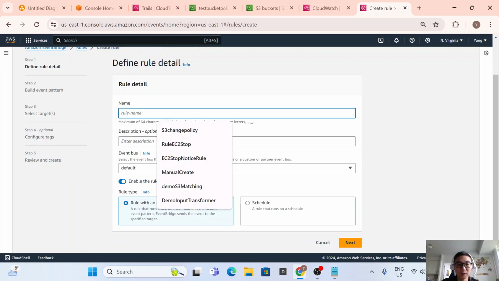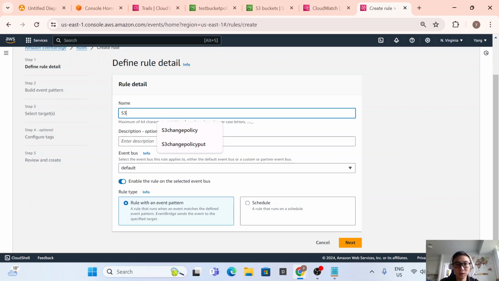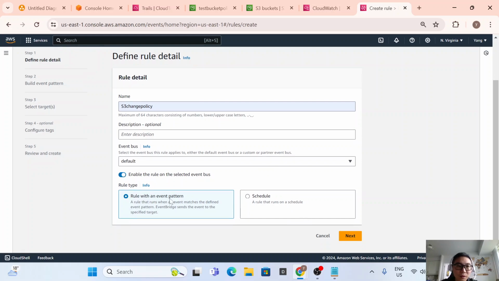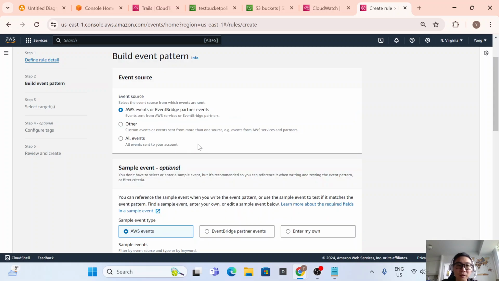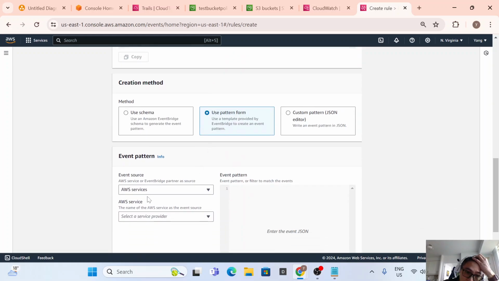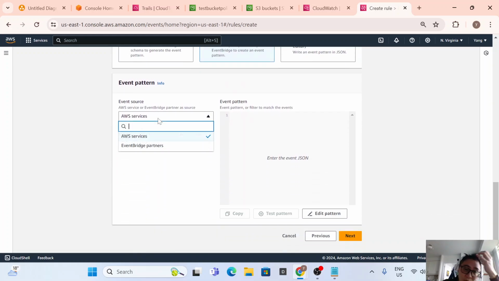So we will name it S3 change, okay, maybe change policy, and choose the rule with an event pattern, click next. Using the AWS events or EventBridge events pattern, just scroll down, and under here the event source will be